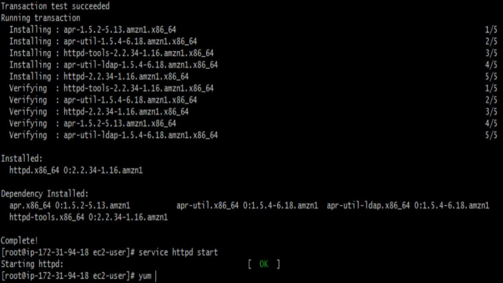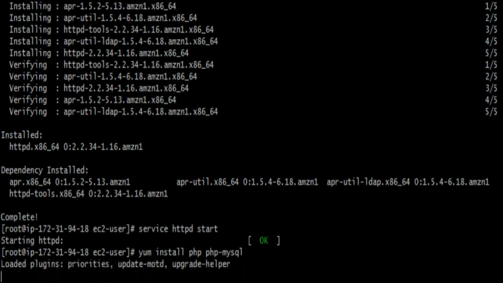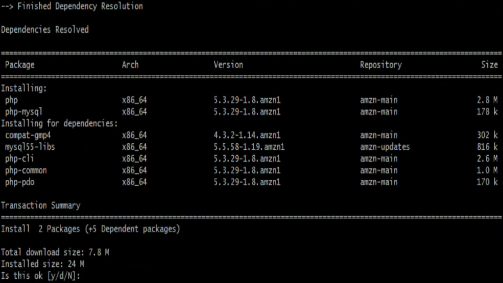Now we'll be installing PHP, and guys, we can use multiple commands in the yum install. So I'll be using the PHP connector, the MySQL PHP connector also. It will install both.